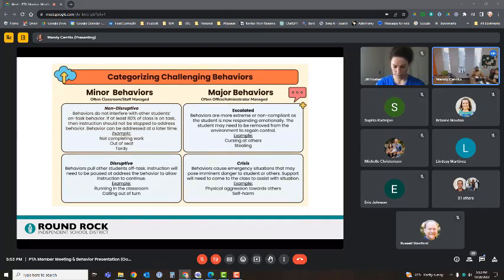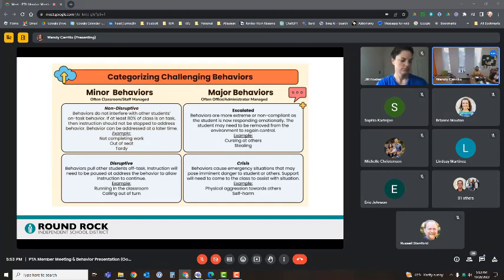When we talk about disruptive in the classroom, it could be a teacher managed behavior depending on how often it's occurring. So it could be Carl blurting out while the teacher is teaching, I'm blurting out an answer or whatnot. While it's disruptive, it may be something that the teacher can handle with just a simple redirection. Carl, remember, what are we supposed to do when we want to respond? We raise our hand, or what have you. So a teacher can talk through that with the student,